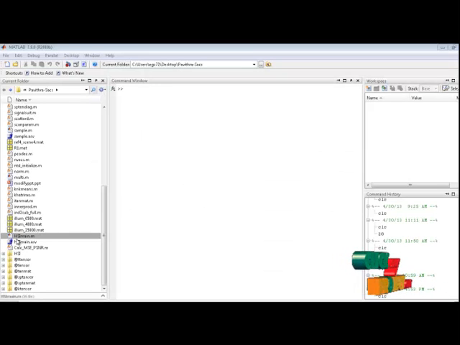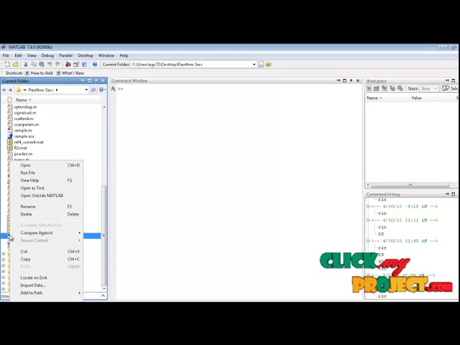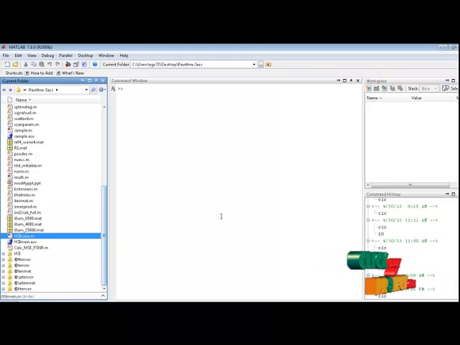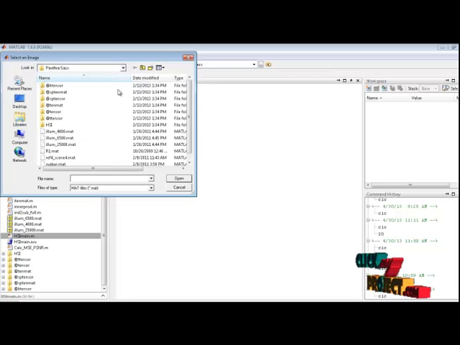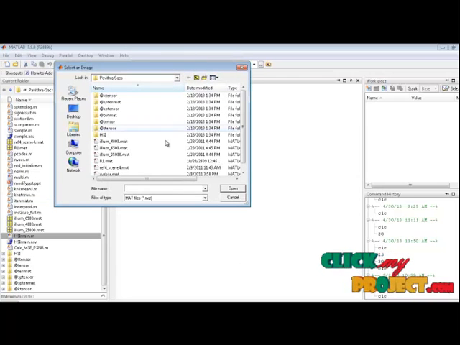Now let's see the execution part. I am having the HSI main.m file. Select the file, right click, run file. Here we have to select the input image.